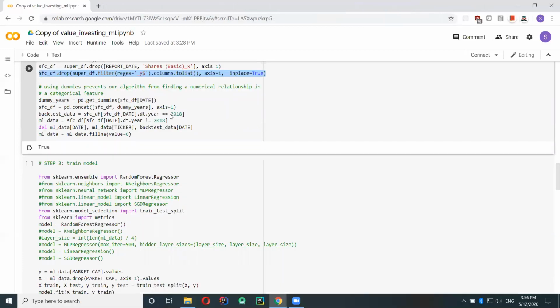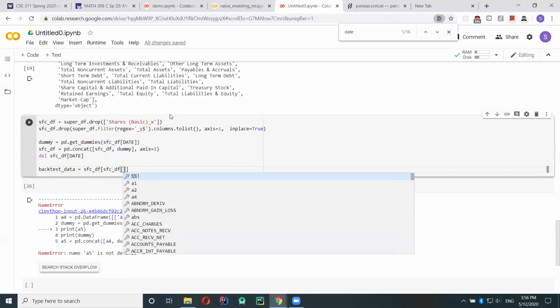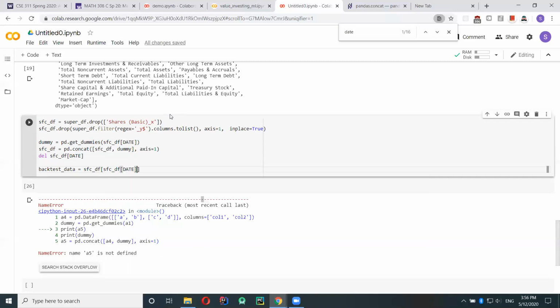Now we want to keep some data so we can backtest our algorithm. Let's get 1 year of data. So backtest data equals date dot dt dot year. dt basically gets the datetime object.